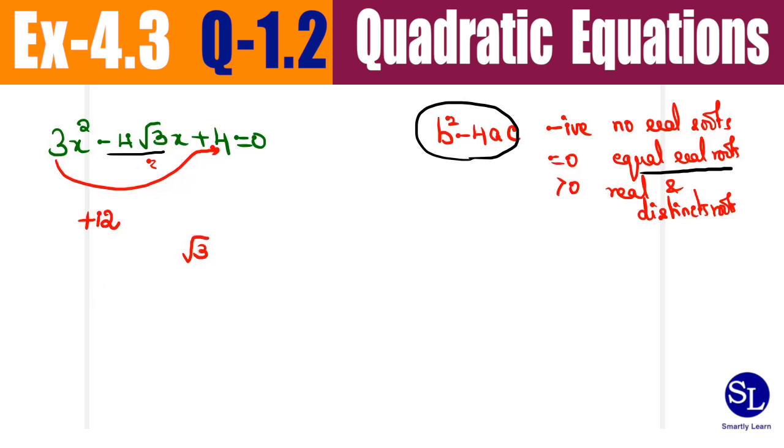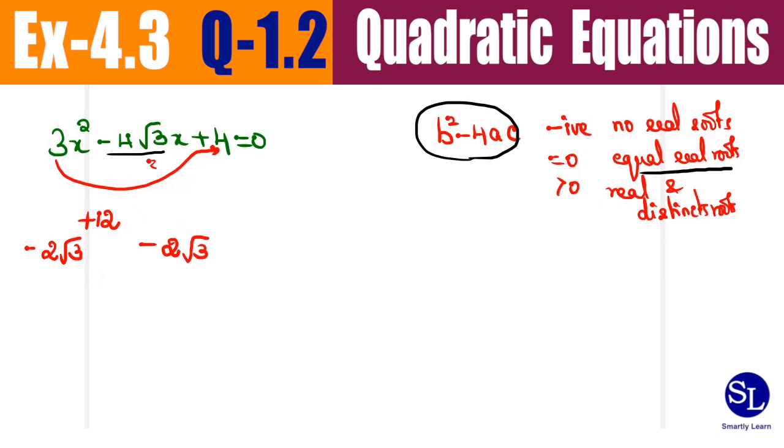So if I put root 3 in one factor, then automatically I'm forced to put root 3 in another factor too. So root 3 into root 3 is going to fetch me a 4. So I need a product of 4 too, and this product has to come from two different factors. So I'm looking at this as 2 root 3 comma 2 root 3. Now I need a minus in the middle term, so I'm putting this as minus 2 root 3's on both the factors. When on multiply, you get to have the plus 12.